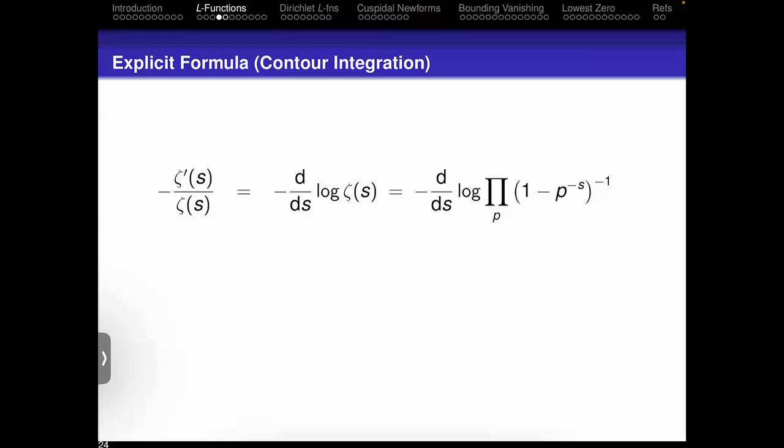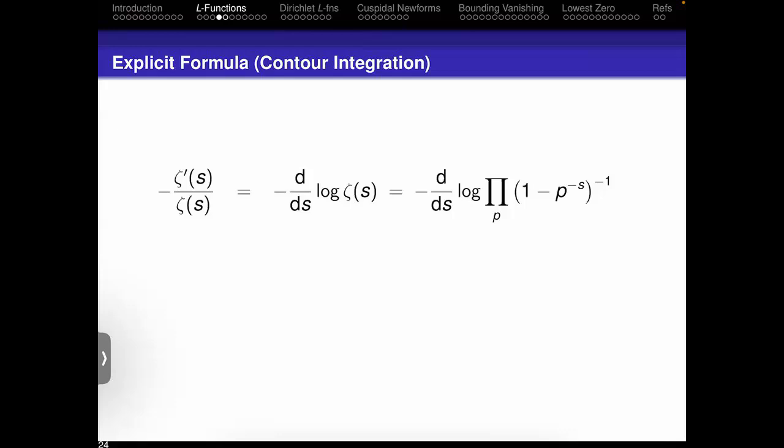Whenever you see a product, you take a logarithm, because we are trained to deal with sums. It doesn't matter, but we know how to work with sums. We have much more familiarity. So if you give me something, I'm going to take the logarithmic derivative, and then I'm going to do a contour integral. And if we can write our L function as a product,